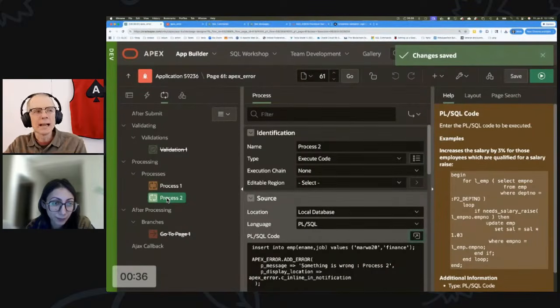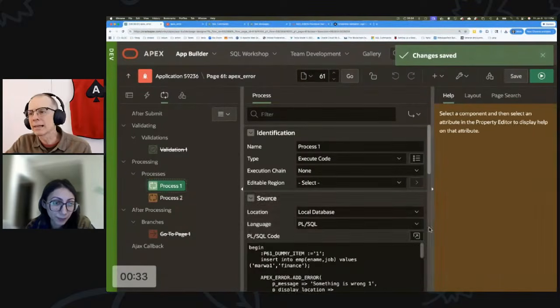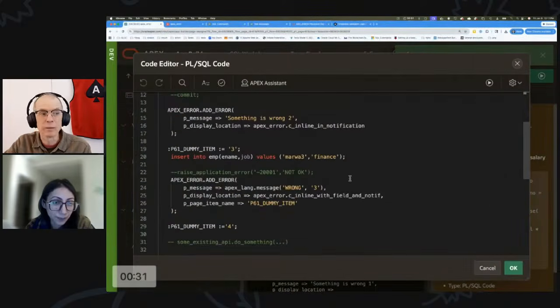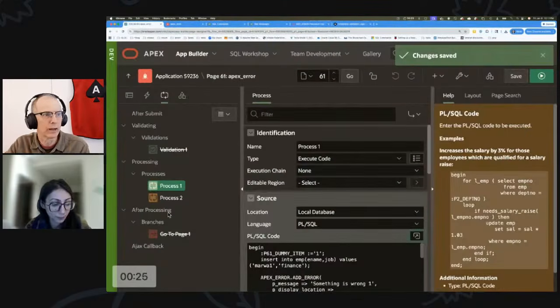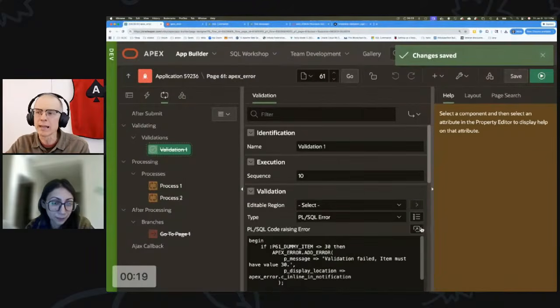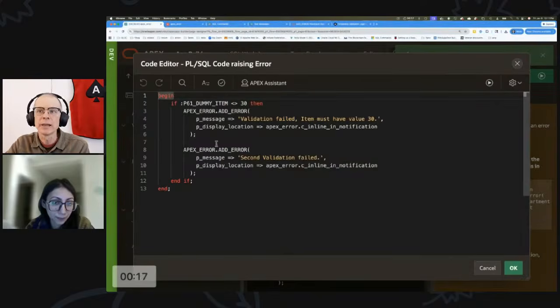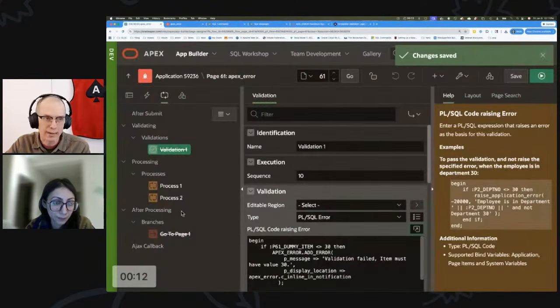Right. So what I'm getting out of this is that this process will complete. Everything in this process will run, but it will roll back. But no subsequent process will actually run. Yes. Right? So it'll stop the processing right there. And in fact, we can demonstrate the same thing if we do a validation. If you do this validation and you add something onto the error stack, none of the processes will even start